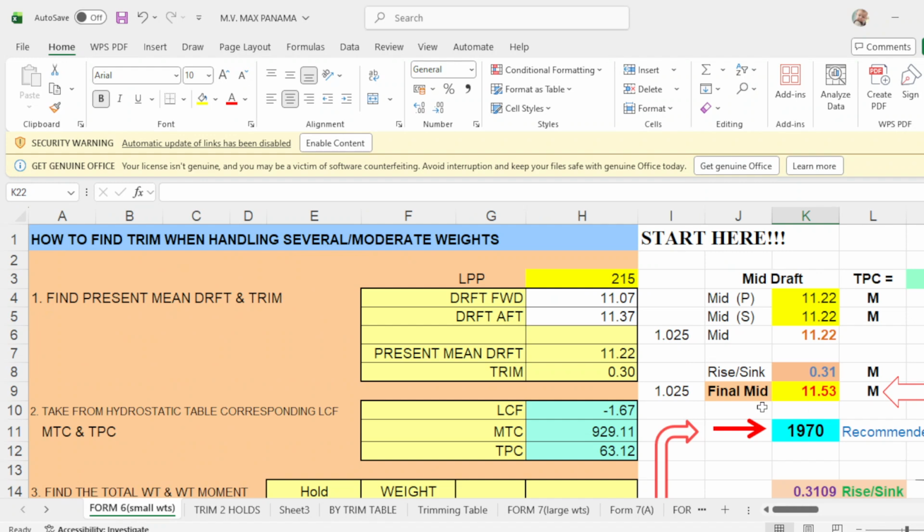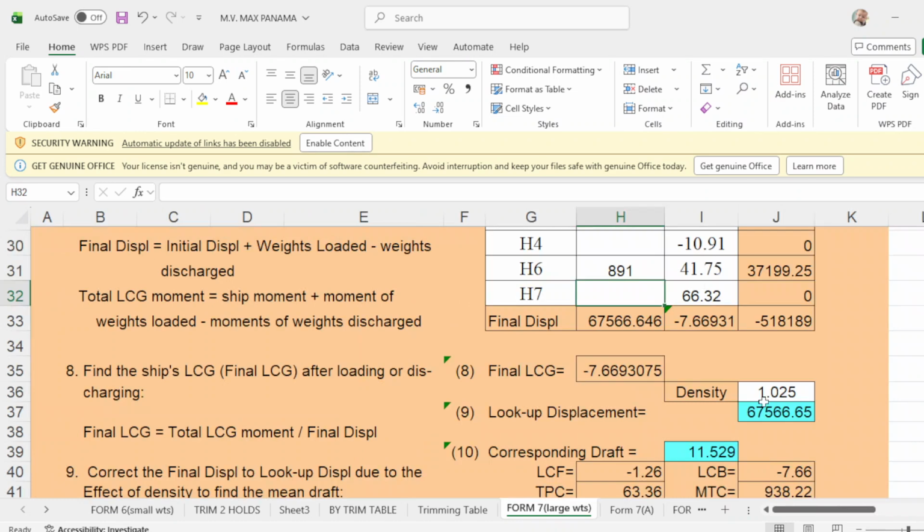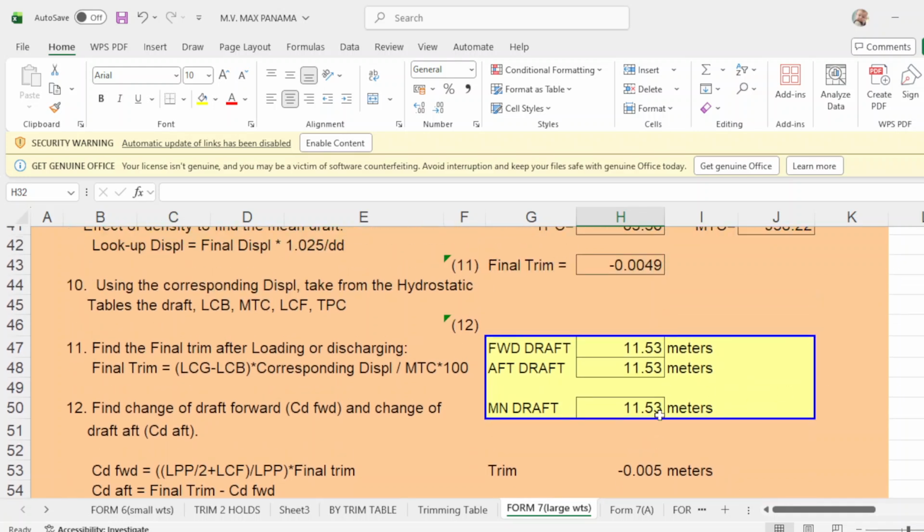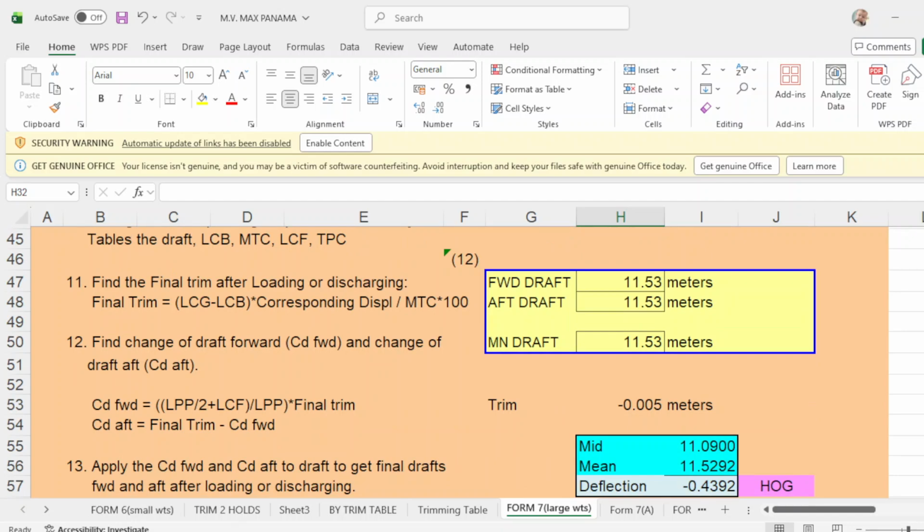Upon completion of your drop survey of your remaining cargo to load, your final departure drop would be exactly even keel. Forward will be 11.53, up drop will be 11.53, and main drop will be 11.53, zero trim,